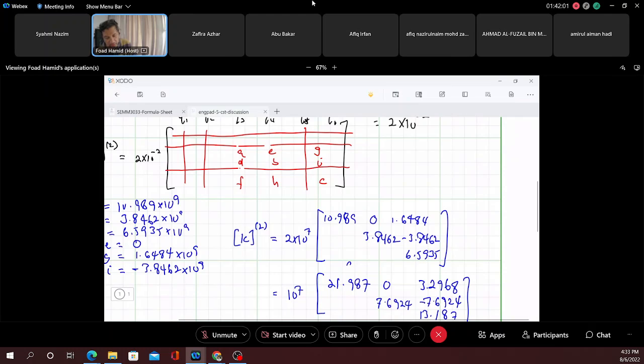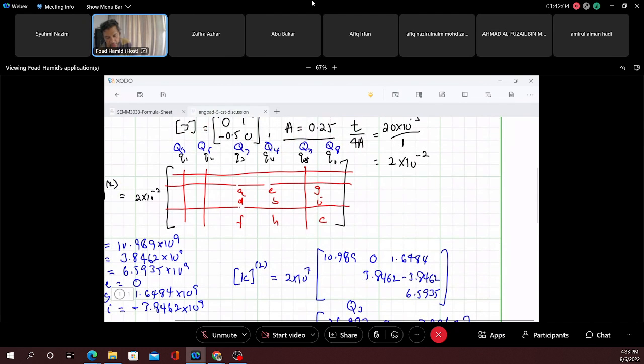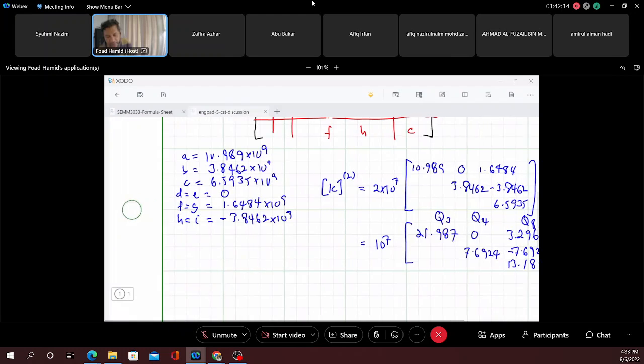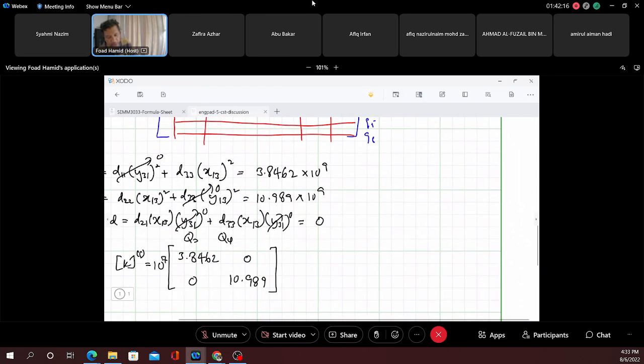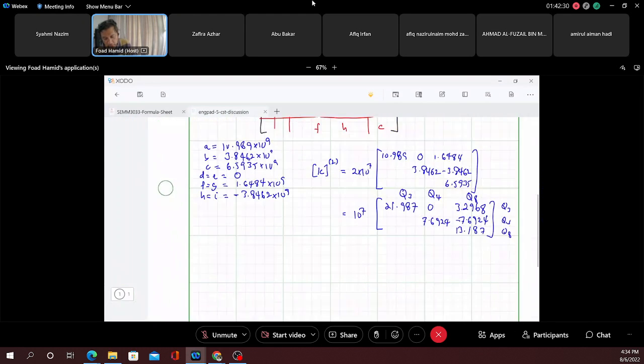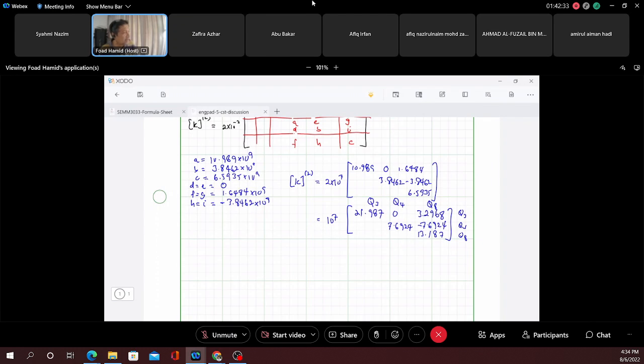So this is Q3, Q4, and Q8. Note that these two points, Q3 and Q4, are overlapping. This one is Q3 and Q4, and this one is also Q3, Q4, and Q8. Why do we need this? Because we need to assemble. So what we have here is our reduced